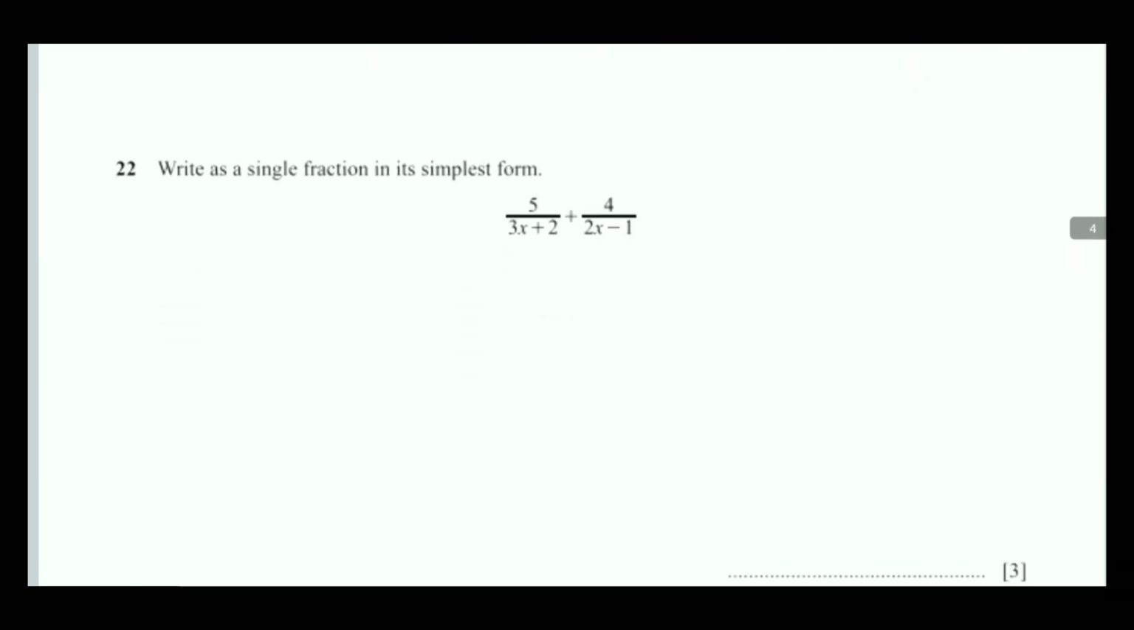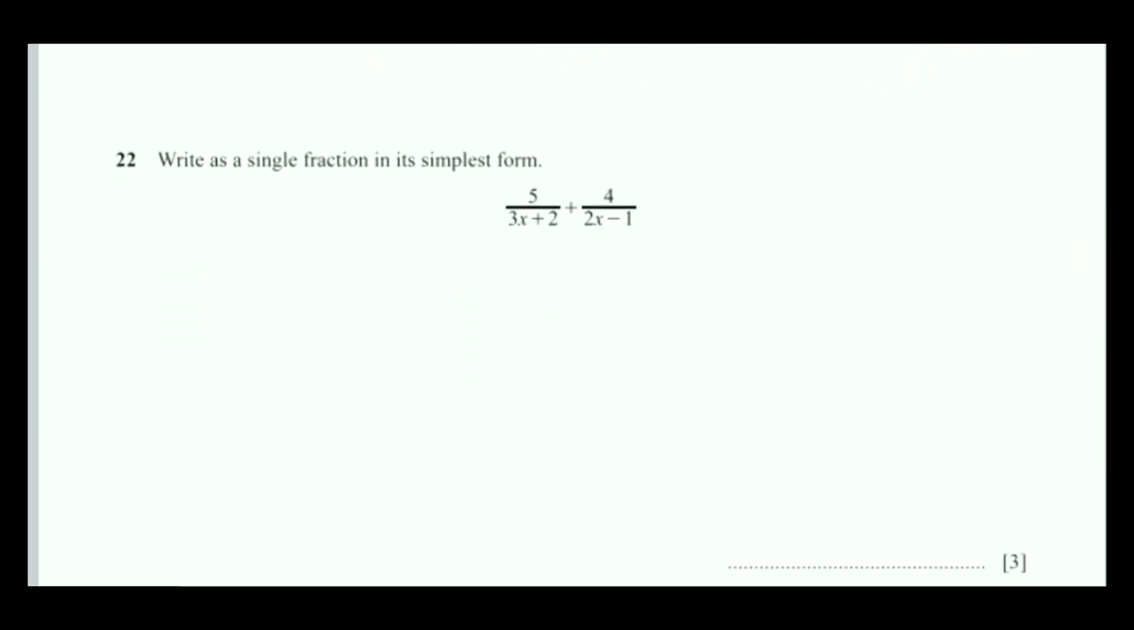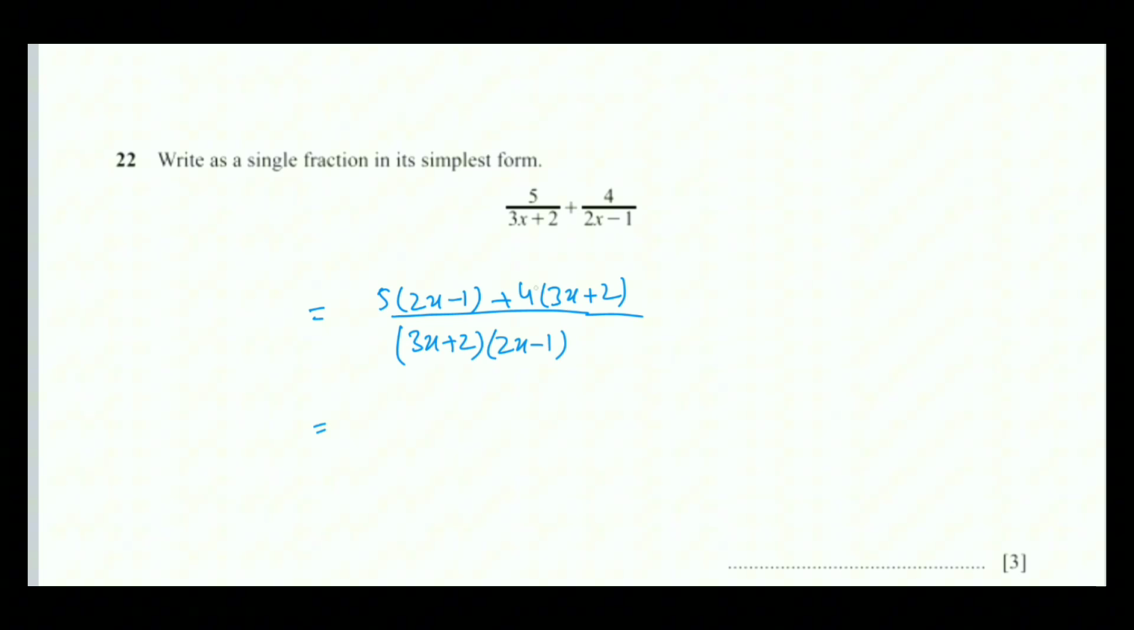Okay, so next question: write as a single fraction in its simplest form. So how to solve these fractions? We have to take the LCM. 3x plus 2 into 2x minus 1 will be common, will be the LCM. 5 into 2x minus 1 plus 4 will be multiplied with 3x plus 2. This is the method of the LCM. So 5 will be multiplied with these numbers and 4 will be multiplied with this bracket. So 5 times 2x is 10x, minus 5, and 4 times 3x is 12x, plus 4 times 2 is 8, over